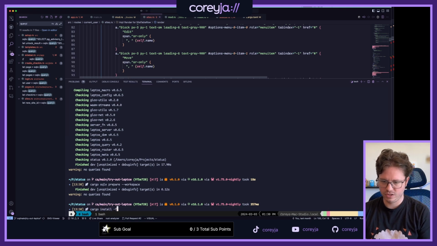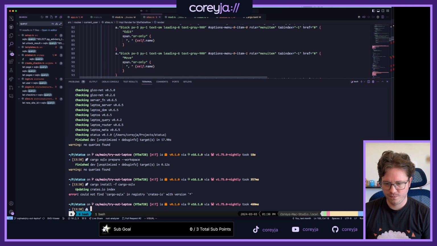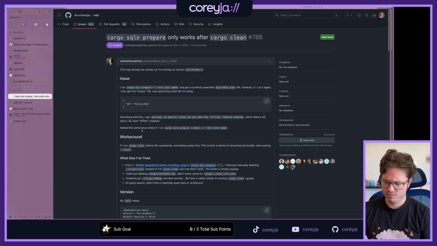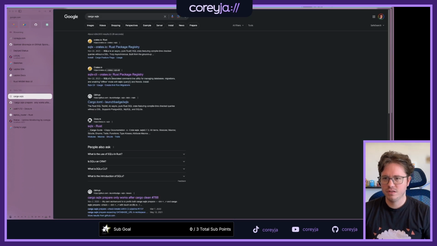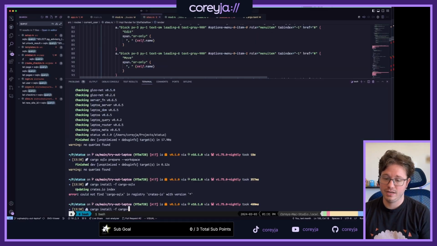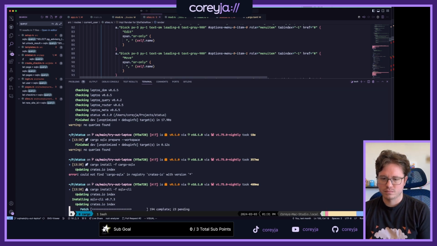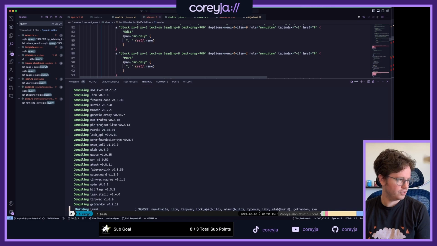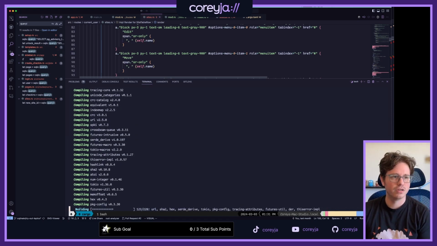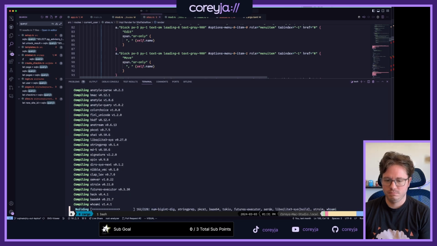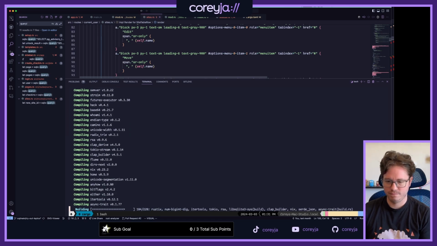Cargo install -f cargo SQLX. What if I just need a new one? Cargo SQLX is not the name of the thing? SQLX CLI, okay. There's probably a new version since I had downloaded it last. I didn't check, I just went for it. So let's see if that works.